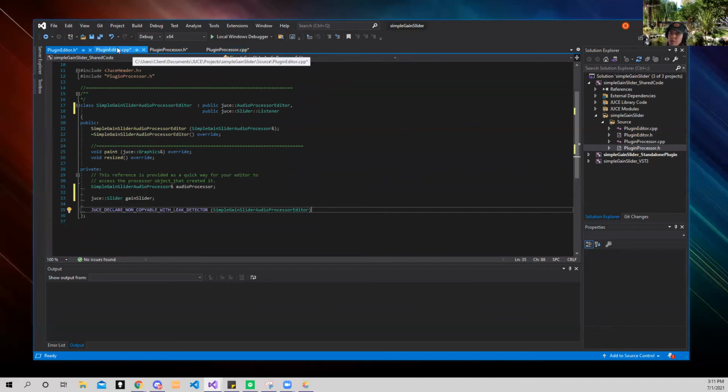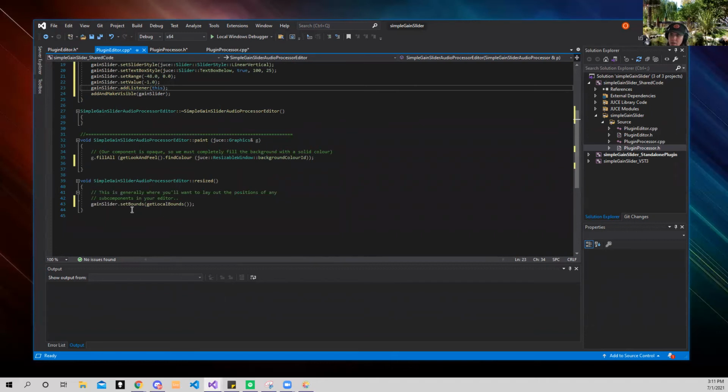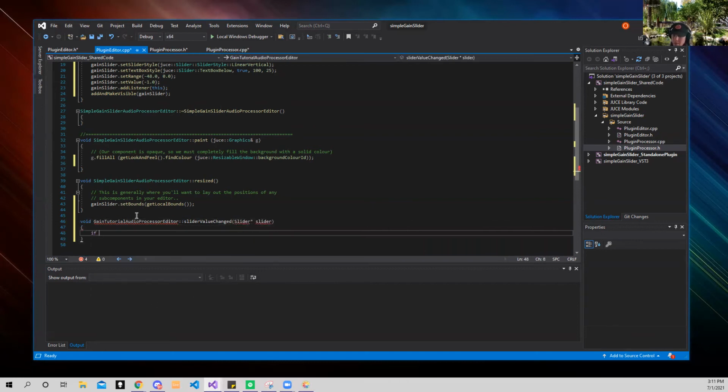So we're gonna go into the plugin editor dot cpp, and we are gonna actually make a function. Slider value changed. Slider points to the slider. If slider, if this is true, then